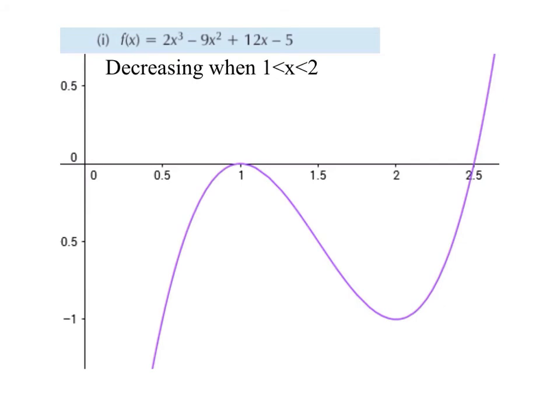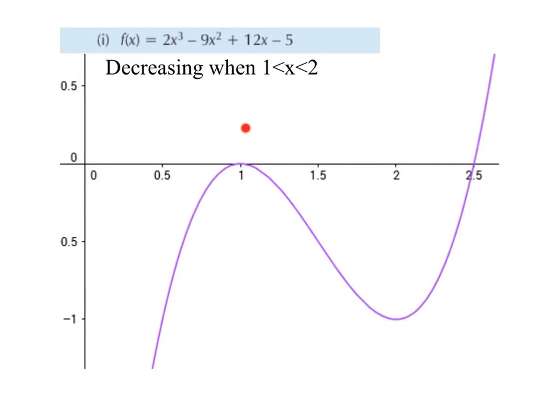So we found that the function 2x cubed minus 9x squared plus 12x minus 5 is decreasing for x values greater than 1 and less than 2. So this is our cubic function. We can see it's got an S shape, and we know that it's going to have an S shape because it's got an x cubed value here at the start. So we can clearly see that our graph is increasing up as far as x is equal to 1